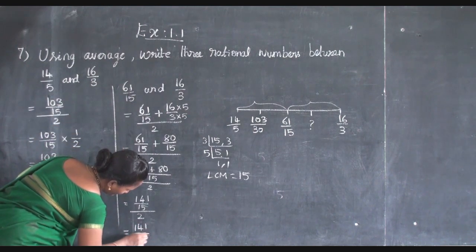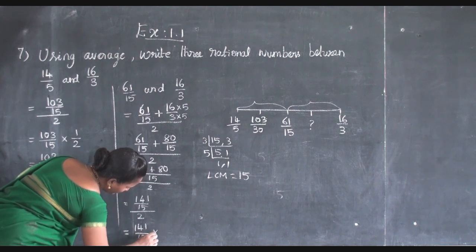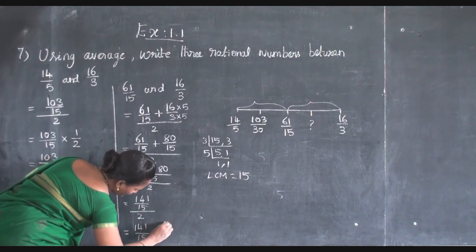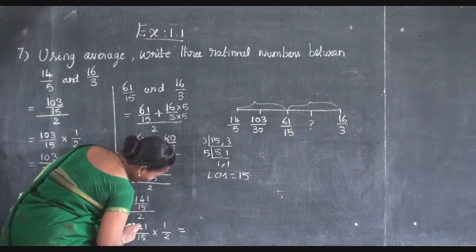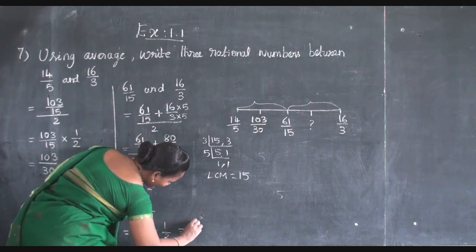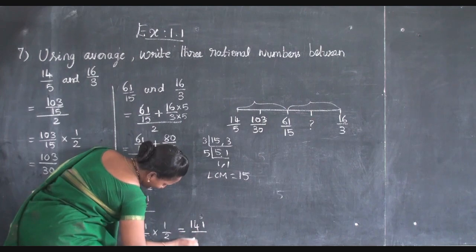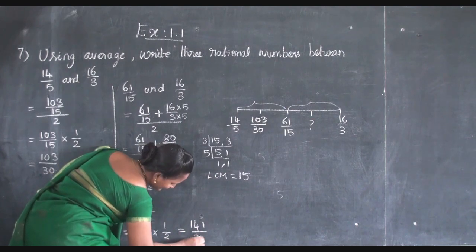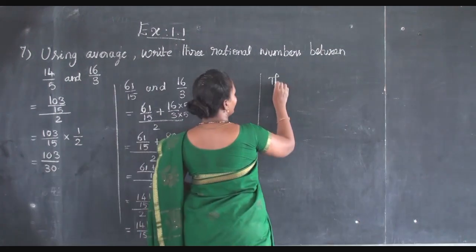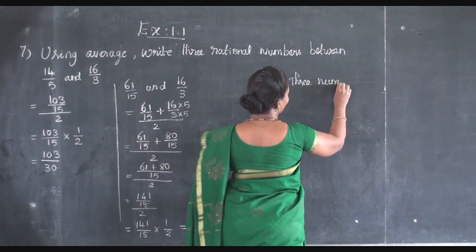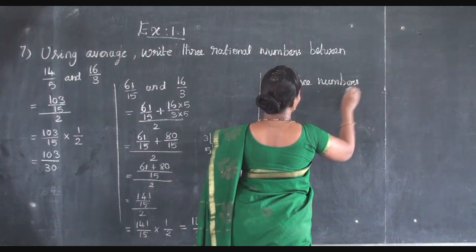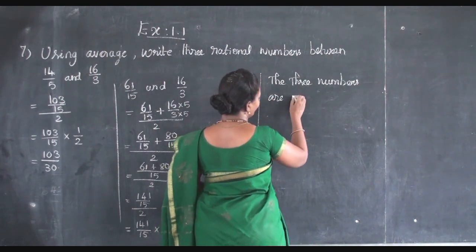So 141 by 15, same procedure, take reciprocal, 1 by 2. 141 into 1, 141 divided by 15 twos are 30. The three rational numbers are